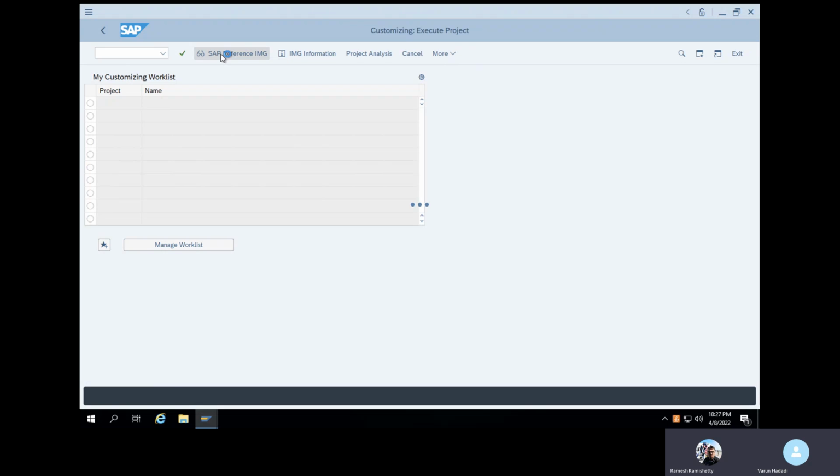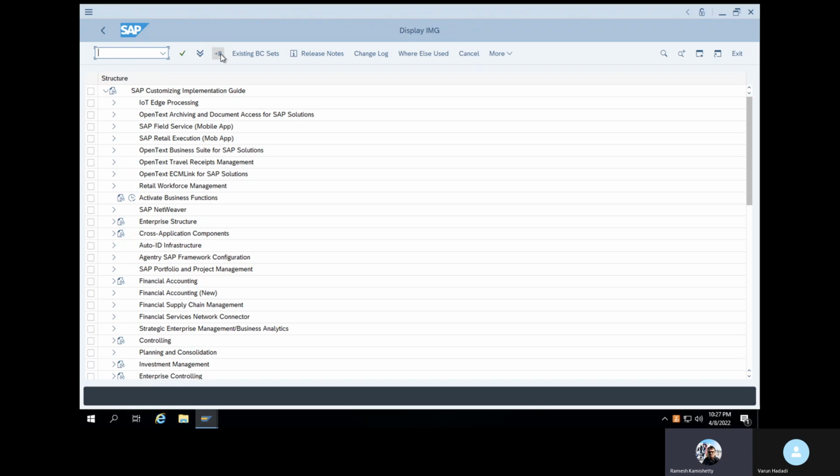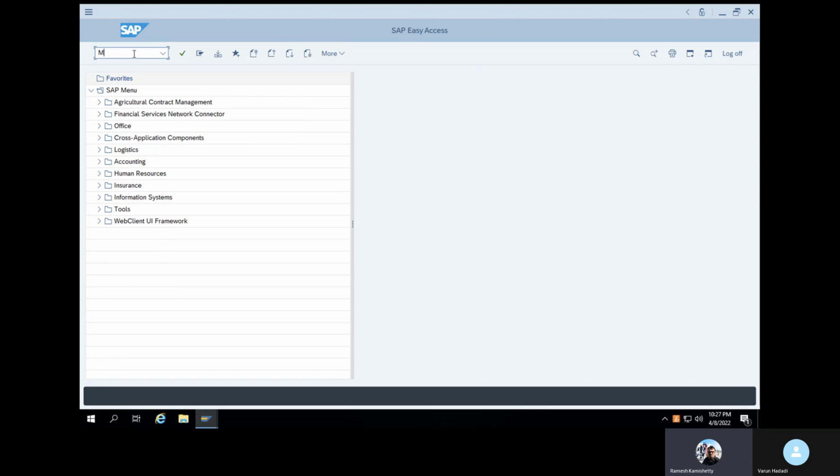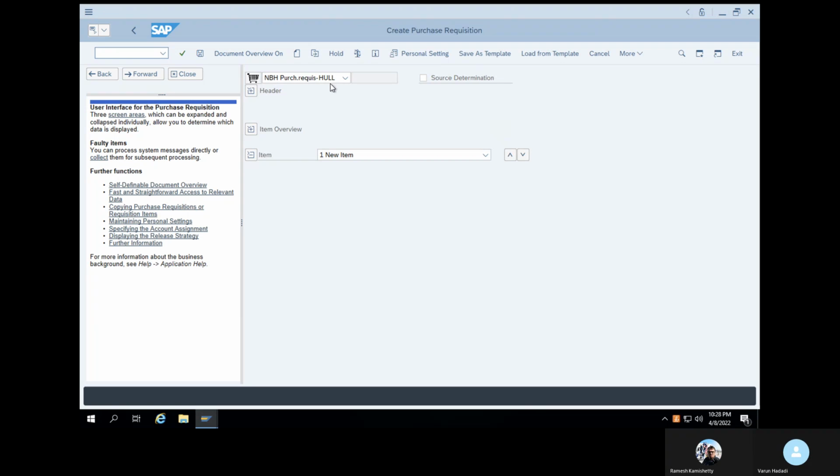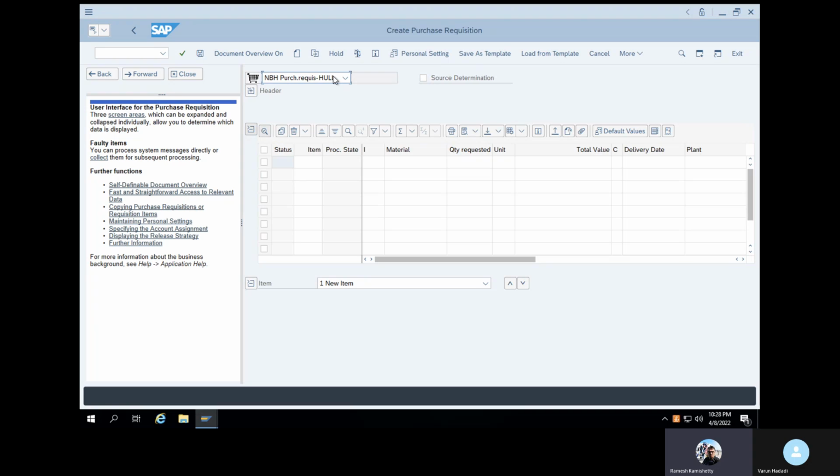No need to go to SPRO now. Directly use T code ME51N, transaction ME51N, to create the purchase requisition. /N. So select the document type from the shopping cart.